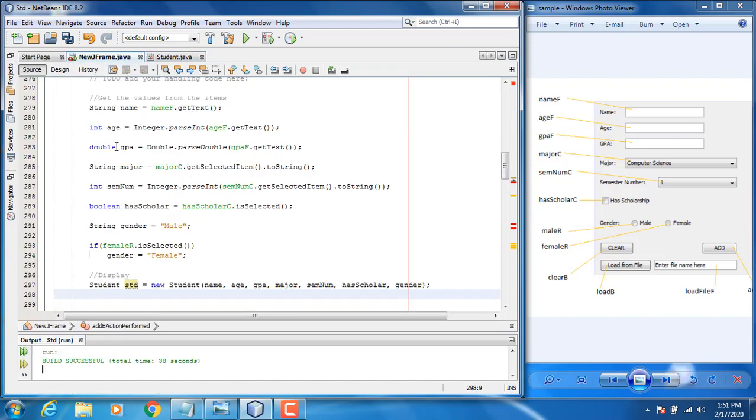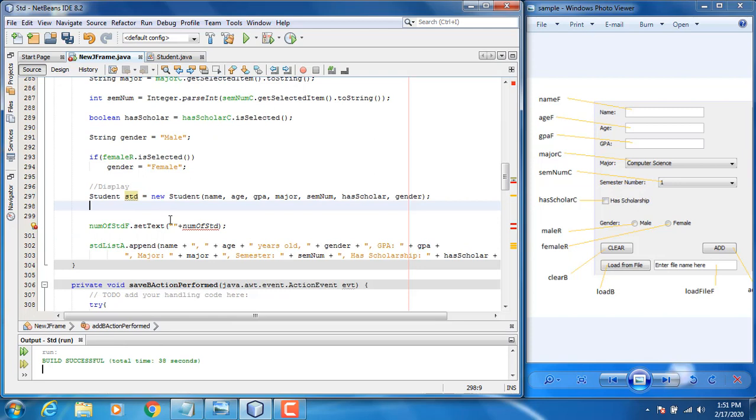So now I will go back. Since it's ready now, the set text of this one is not going to be like this. It's going to be whatever I have in the number of the students. So I will have to call student dot get number of the students, and that's it. Since this one is a static method, I need to call it by using the class, not by using the name of the